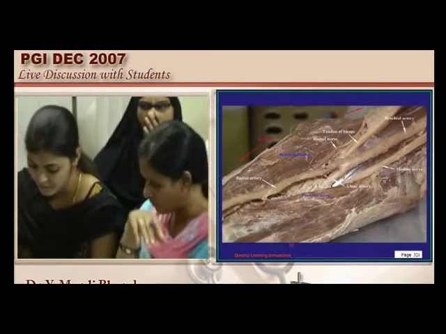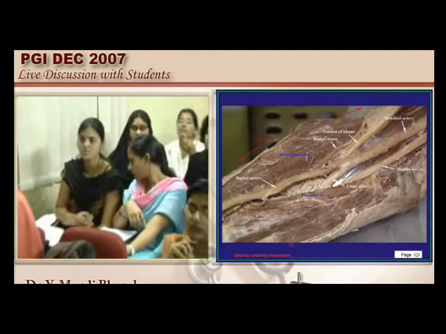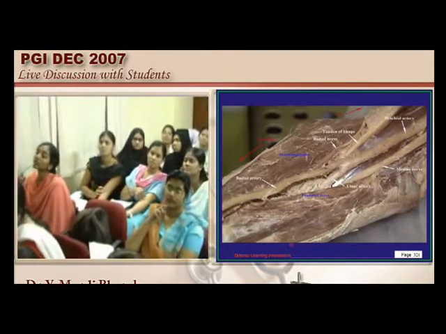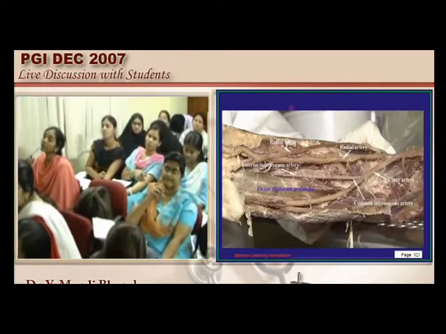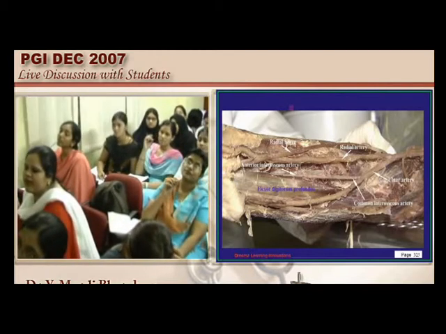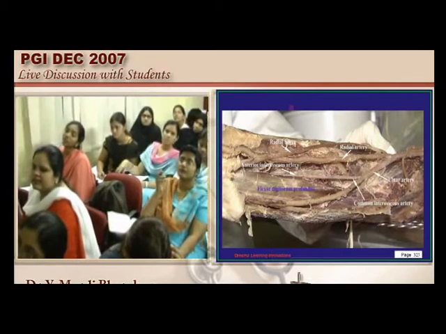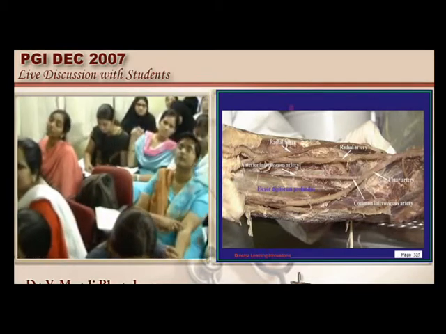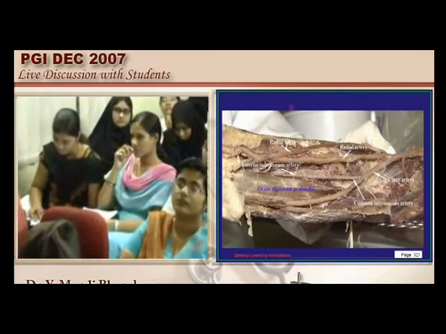So you can clearly see the radial artery and the ulnar artery dividing from the brachial artery, and you can also see the tendon of the biceps over here. Then there is the radial nerve here, and this is the brachioradialis, this is the pronator teres, and this is the imaginary line between the two condyles, is what has to be remembered.